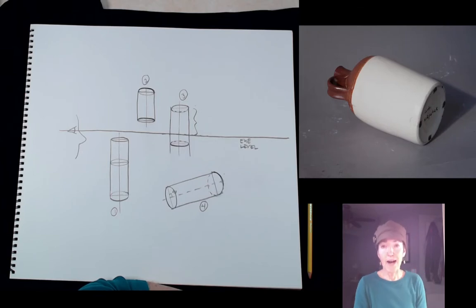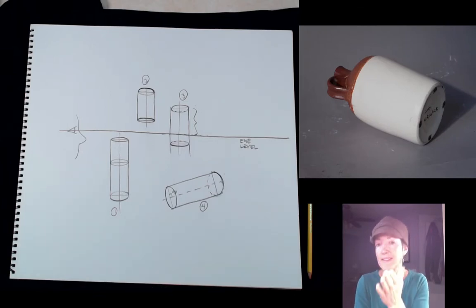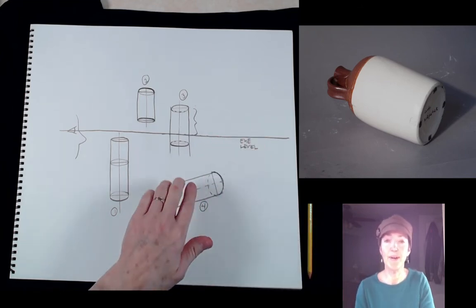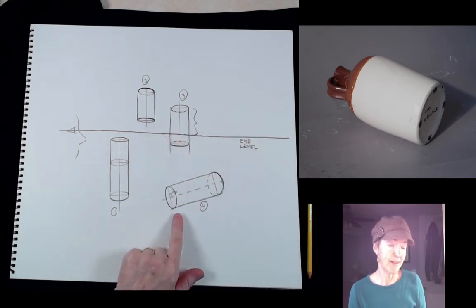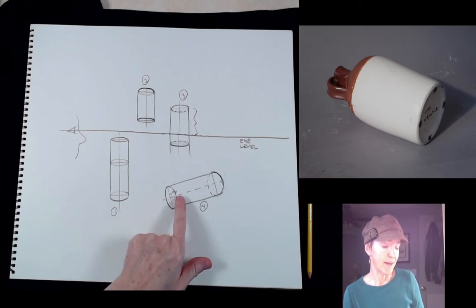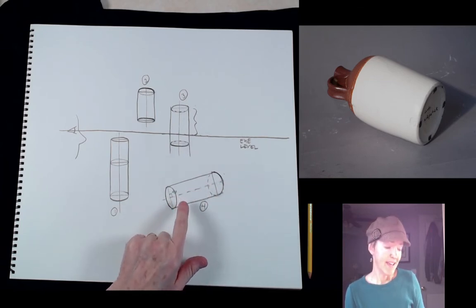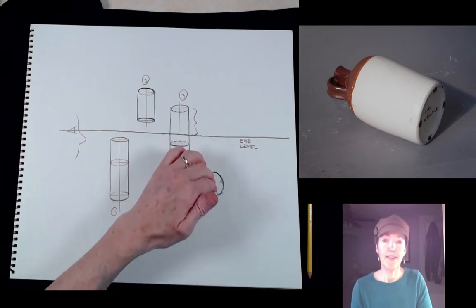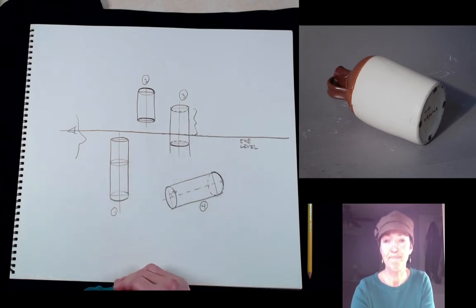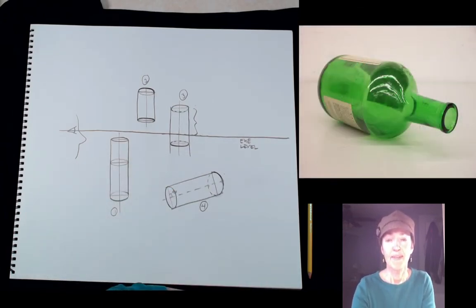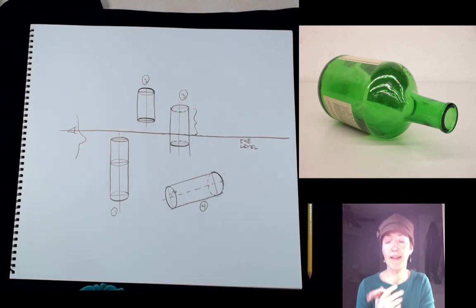Okay, here's another object lying on its side. In this case, we are looking at the bottom side of it, but it still would be constructed the same way that we did this much simpler object, where you establish the basic orientation of the object first, and then plot out the shorter axis lines. Here's a different view. Again, this would work fine for an object lying on its side. This is quite a complex object because we've got a width change, and we've got details like the label that adds complexity.